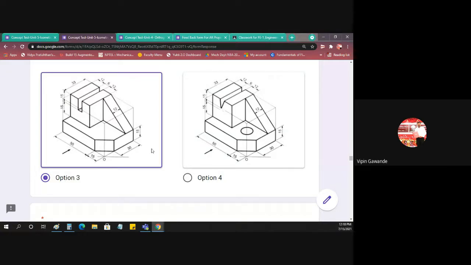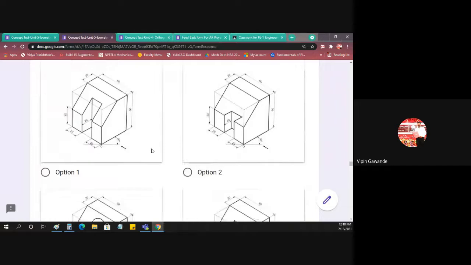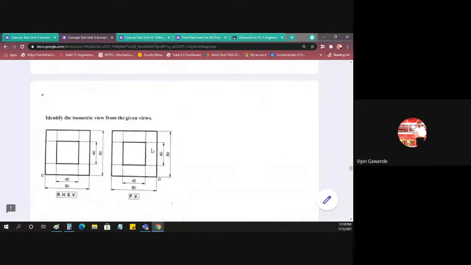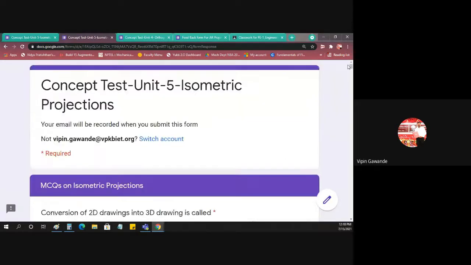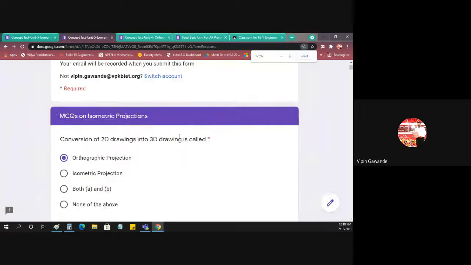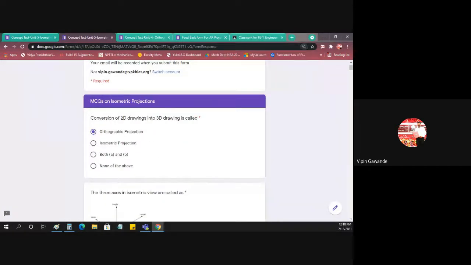So we have solved the problem. Other problems I left for you. All the students have to solve these problems. You have to attempt this concept, because based on the marks you get in the concept test, I will give you the term work marks. I have already told you, in the examination you will not get any problem